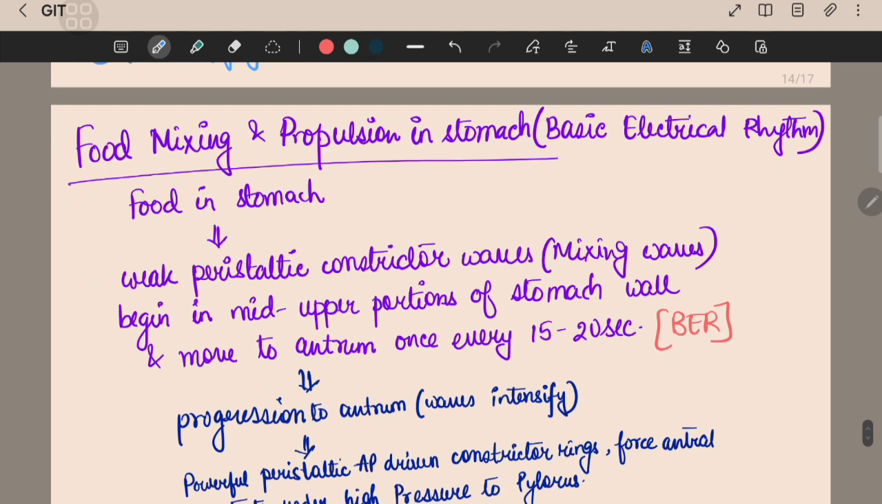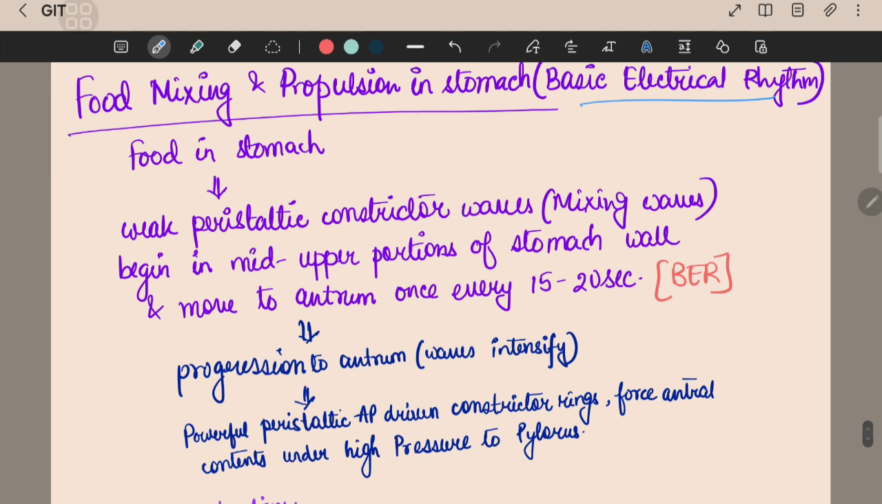Now, food mixing and propulsive movement in the stomach, that is maintained by this basic electric rhythm, or basal electric rhythm. Basic or basal electric rhythm, what is that? If there is food in the stomach, there will be weak peristaltic constriction waves. These are called the mixing waves. If that is present, that is basically